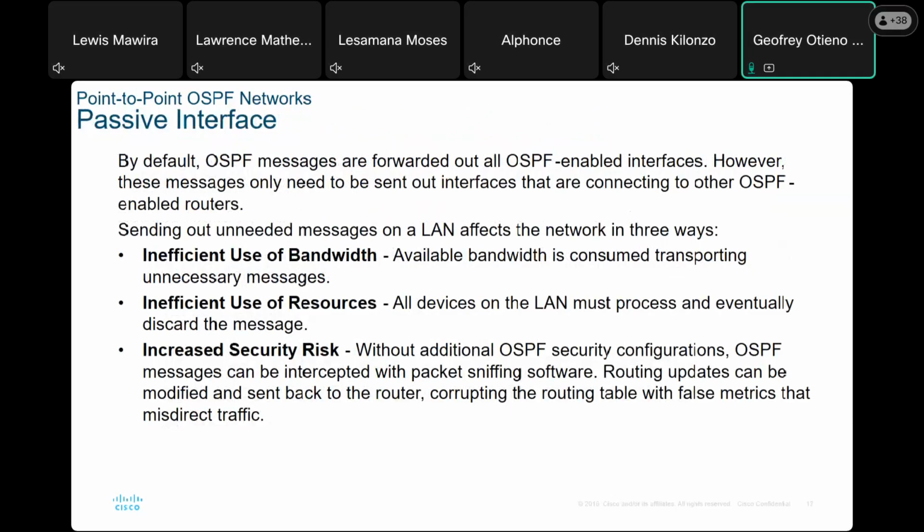Now, passive interface. What is the importance of configuring a passive interface? Now, what do you know about our routers? I'm router 1. This router 1 is connected to a switch. This switch is connected to the PCs. This router 2, this router 3. If you can recall